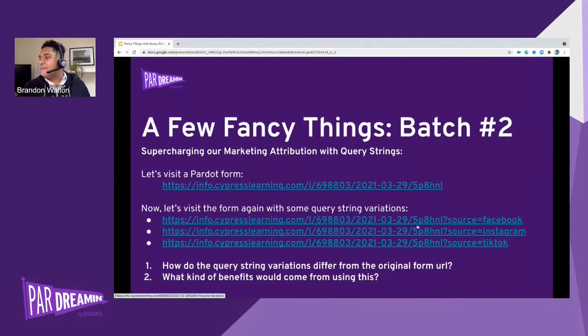We're going to use the same form, and I'm going to pass through source equals Facebook. If you're friends with my good friend Jenna Mulby, she's got some great articles, great content out there. I believe she was one of the keynote speakers here, and she's doing some other presentations here. She has some great articles about how you can optimize things with query strings and forms as well. But just to show the example here, we've got some variation. If you're looking at this closely, this is the exact same form, but we're going to pass through this query string, source equals Facebook.